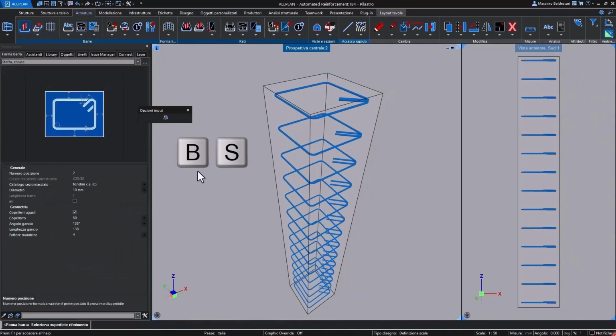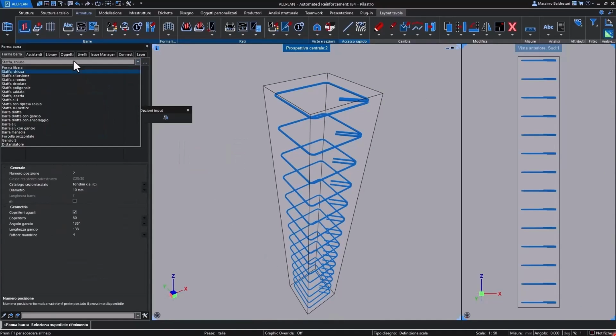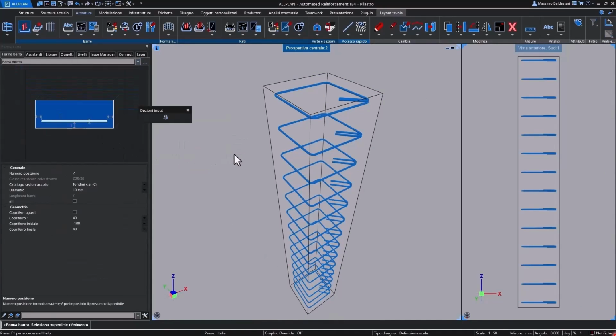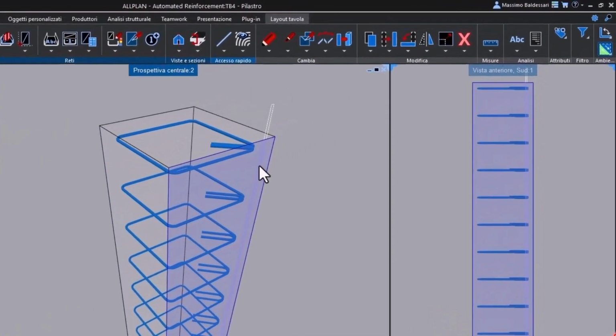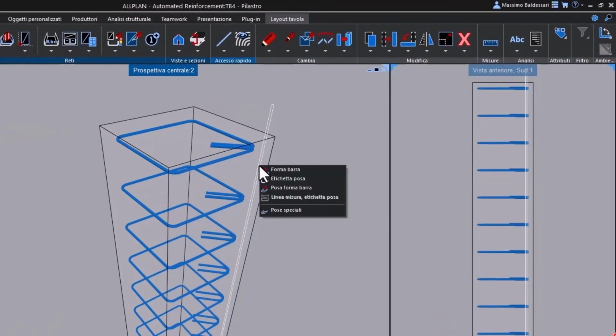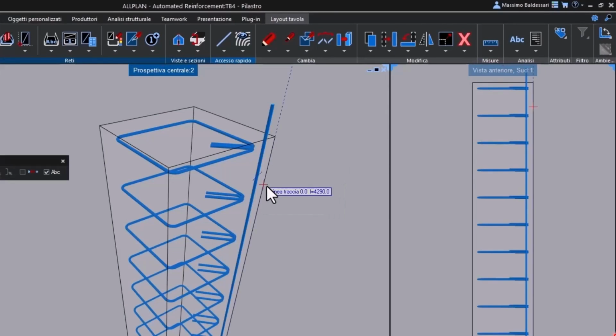At the same time, I can call up the bar shape function again, select other types of shapes such as a straight bar, and once again choose the reference face on which I want to directly insert my reinforcement bar. Once I have clearly and precisely defined its exact position within the workspace, I will then use the bar shape placement command in order to carefully and accurately position everything according to the most useful and relevant corners, such as